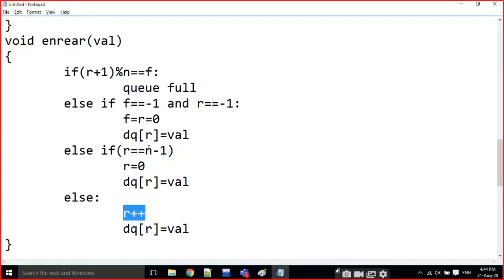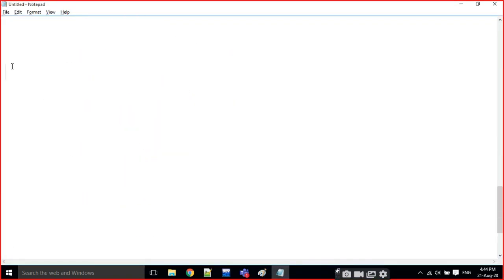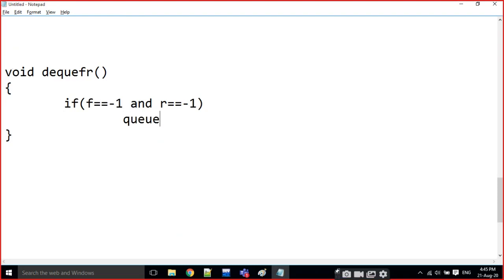Now I am going to develop that, DQ at front. There is no value for DQ operations. For example, what is the empty condition? If front is equal to -1 and rear is equal to -1, that means the queue is empty.